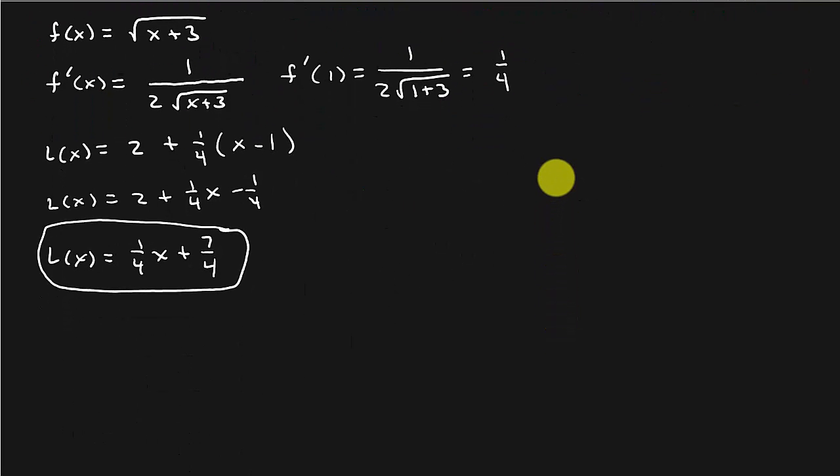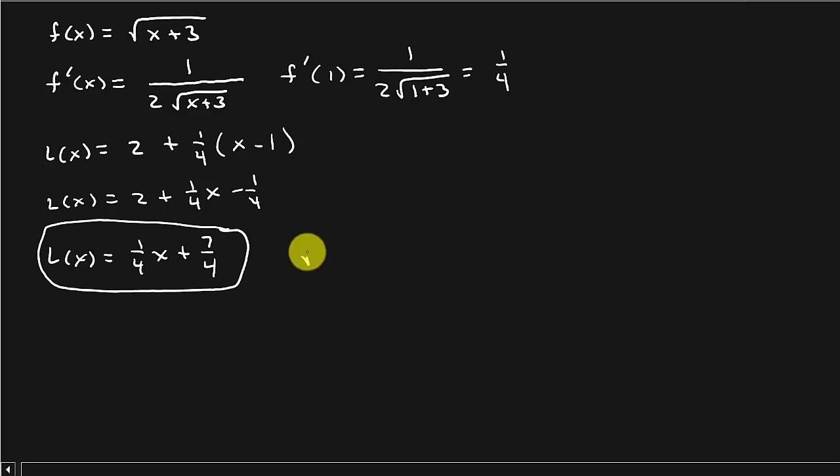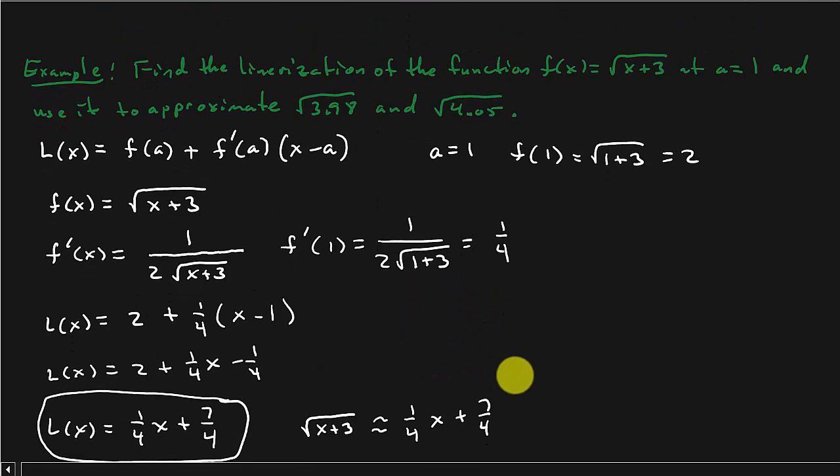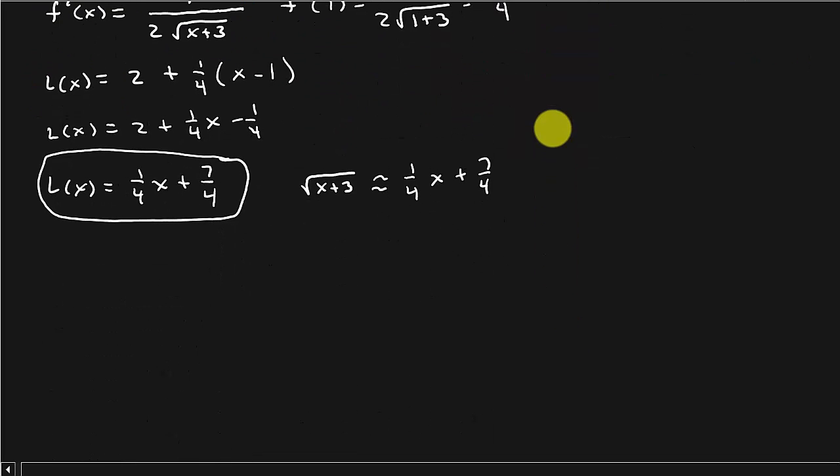All right, so basically what we've got is our linear approximation: the square root of x plus 3 is approximately 1/4 x plus 7/4. So we can use this to approximate the square root of 3.98 and the square root of 4.05. So let's look at the square root of 3.98. So that is approximately, that's going to be what? 1/4 times 0.98